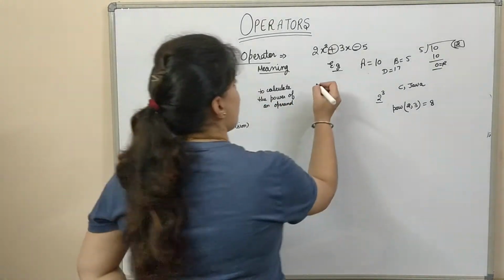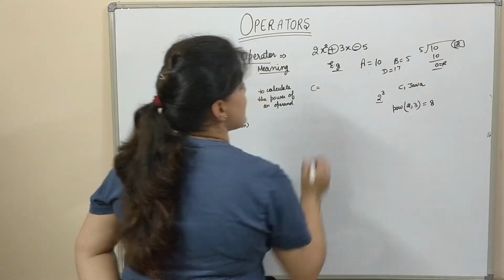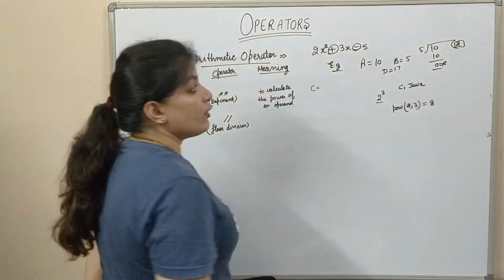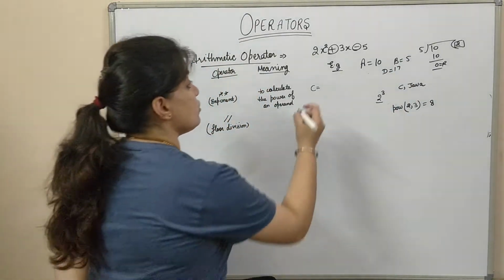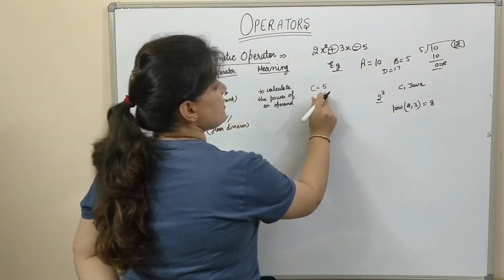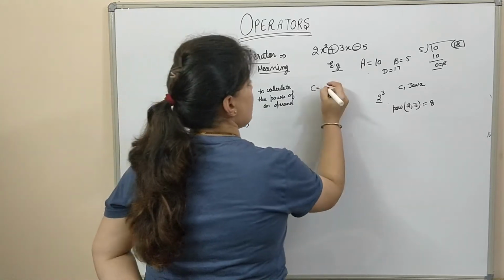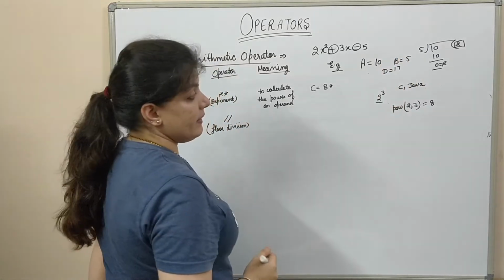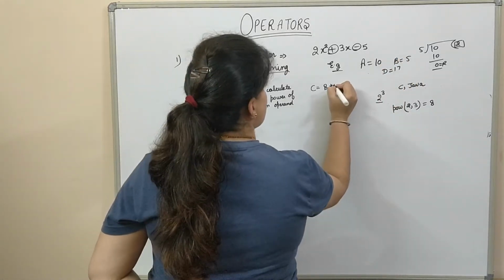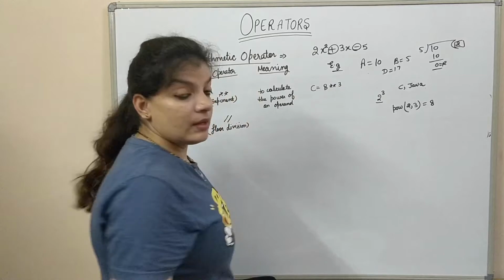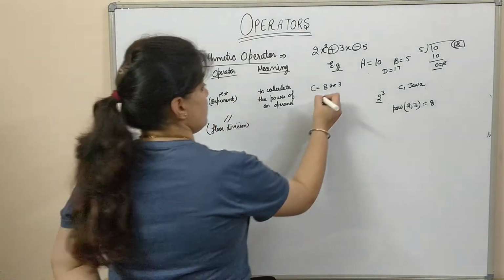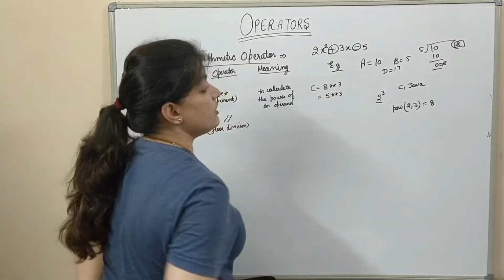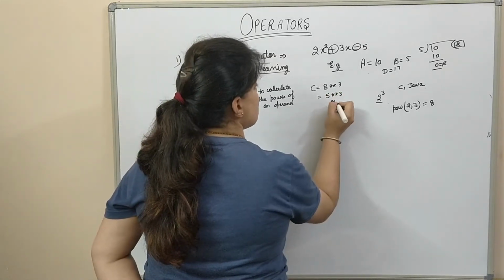How will we write this? Like here you want to store the result in C. So C is equal to, I am writing, I want to calculate the power of 5, 3. So we will write here first B, because 5 is stored in the B variable. So B double star 3. Its meaning is 5 into 5 into 5, or it can be written as 5 power 3.